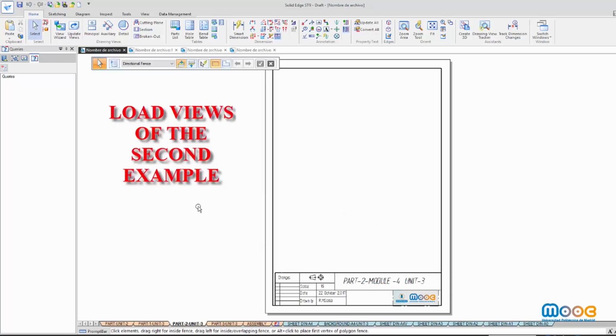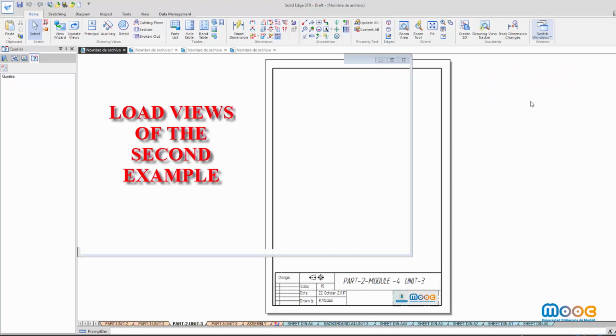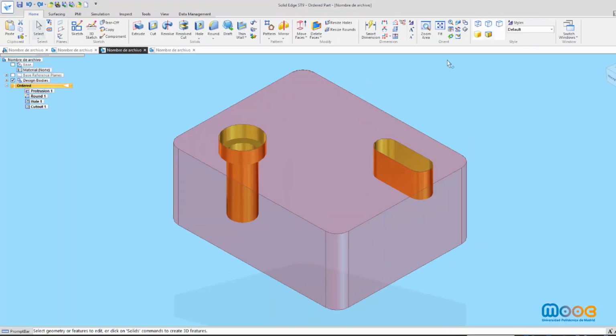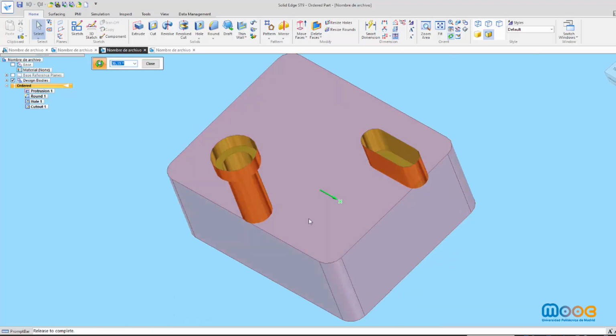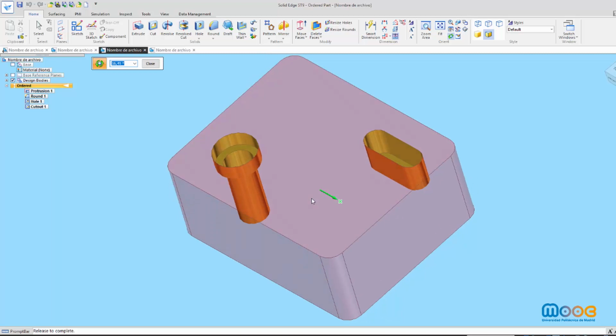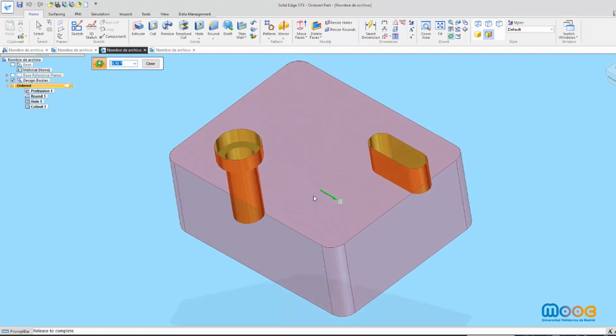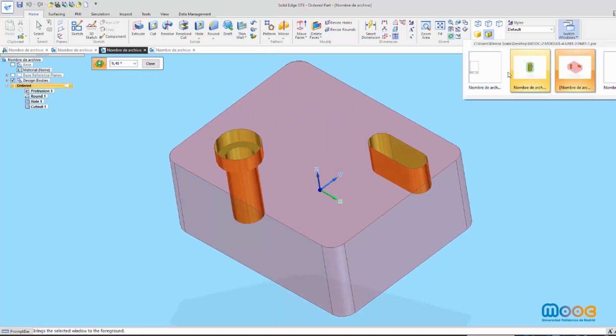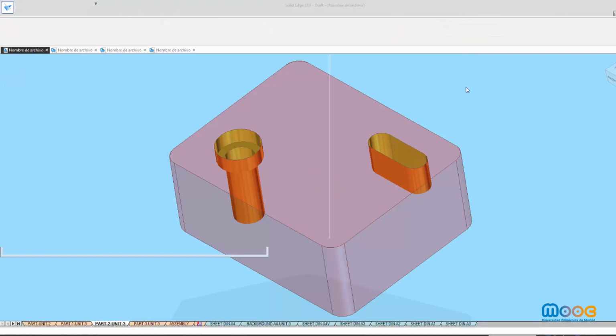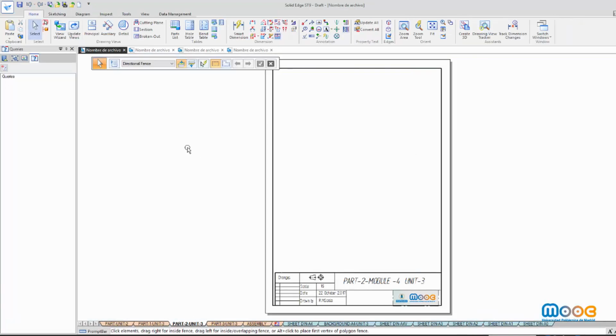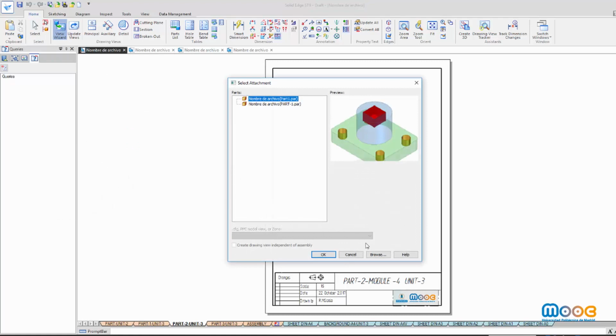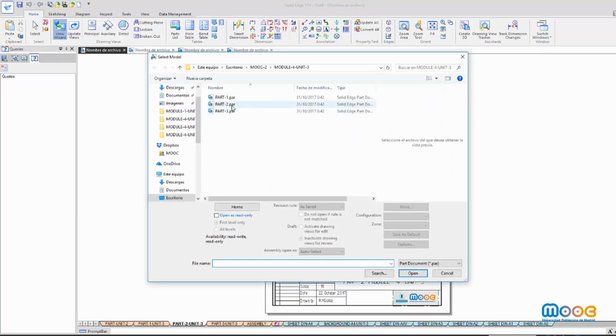Now let's see the second example. This is my part. As you can see, it has a counterbore hole and a milling. So once again, I must cut the view to see the holes. I'm going to load the front view, as I did in the first example.